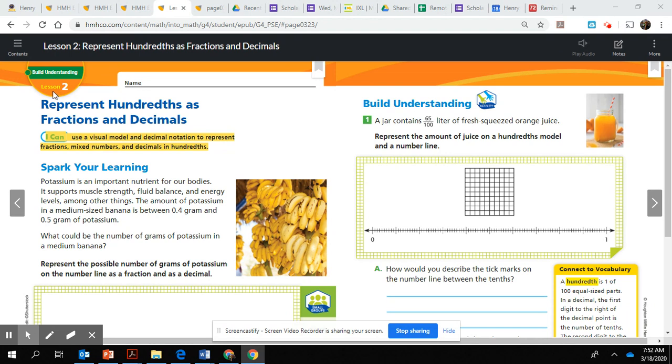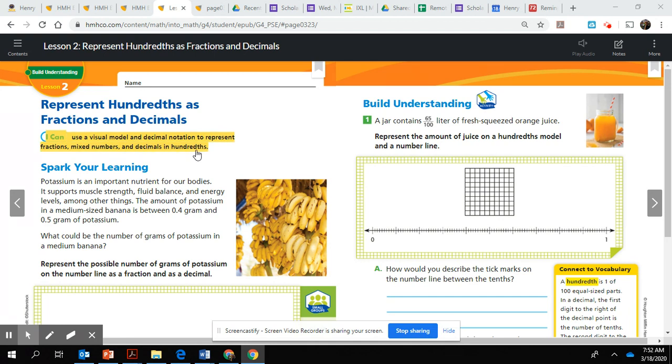So here you have lesson 2. The title of the lesson is Represent Hundreds as Fractions and Decimals. You have here your I can statement. Your I can statement goes along with standard NF6. That's the standard we're on as we're finishing up fractions. And it reads, I can use a visual model and a decimal notation to represent fractions, mixed numbers, and decimals